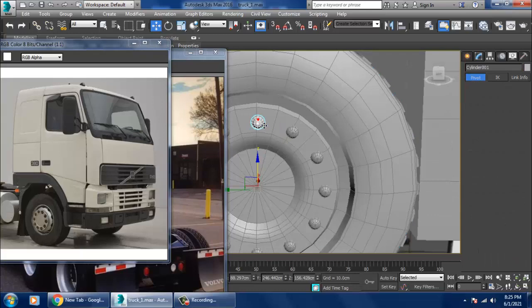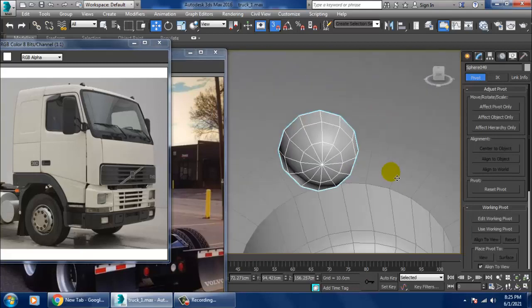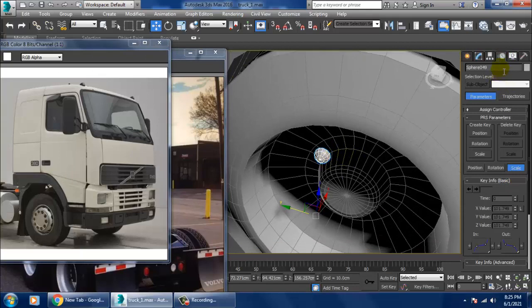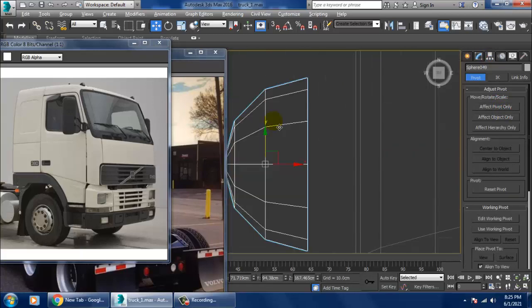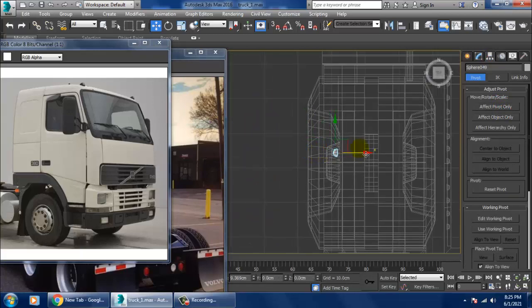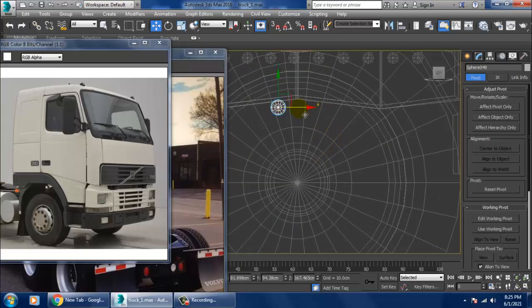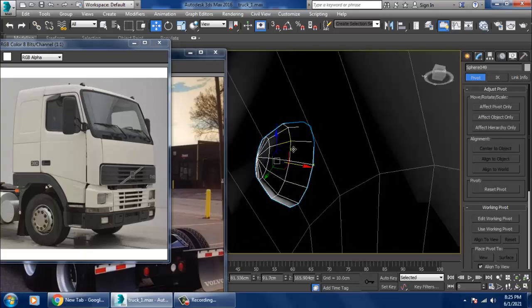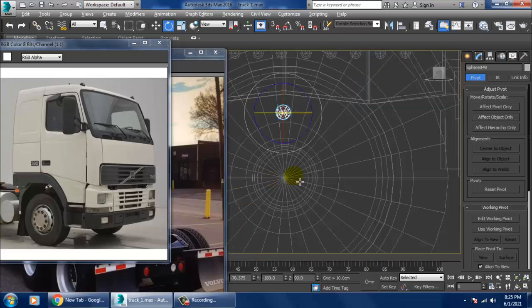The same way, if you want, you can take this also over here. So center to object. Slightly push this over here. So let's go over here.